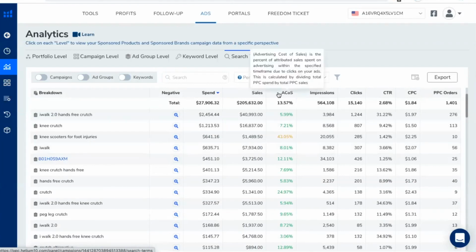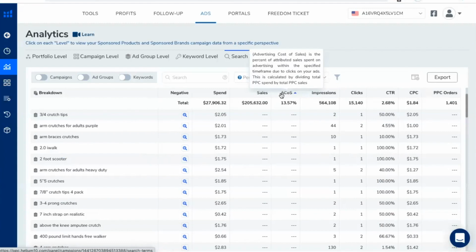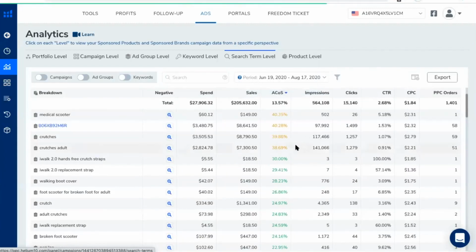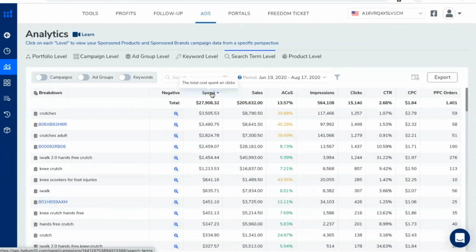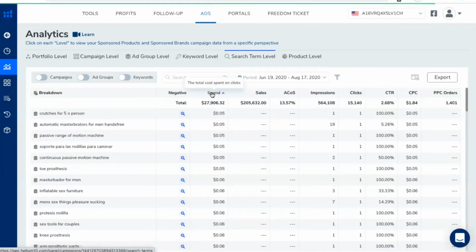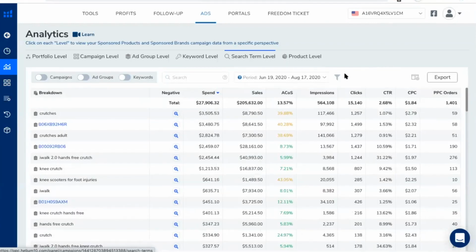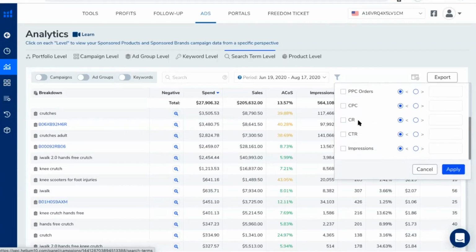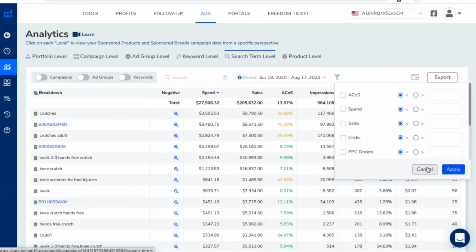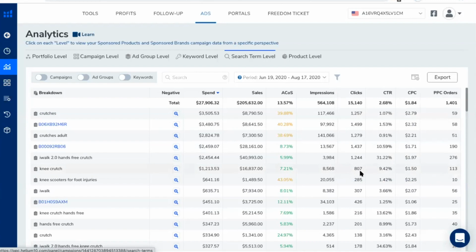So very similar, you would want to sort. Obviously here it's simple because you just click a button. So you'd want to sort by ACOS, and you'd get your highest ACOS search terms right at the top. Of course, you could also do that by spend if you wanted to. Additionally, we do have different filters available. If users wanted to drill down into this data even more, they could only see certain items over a certain ACOS or spend if they've made sales. So lots of different metrics that you can use to then drill down this data even more. And again, all of this is so that you can really quickly optimize your campaigns on that search term level.